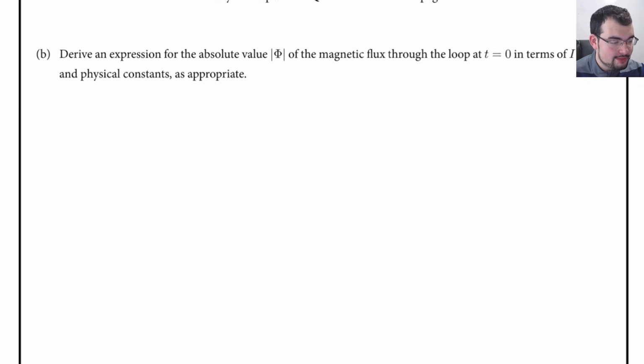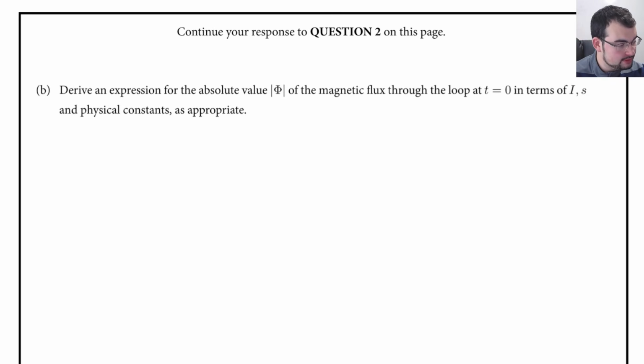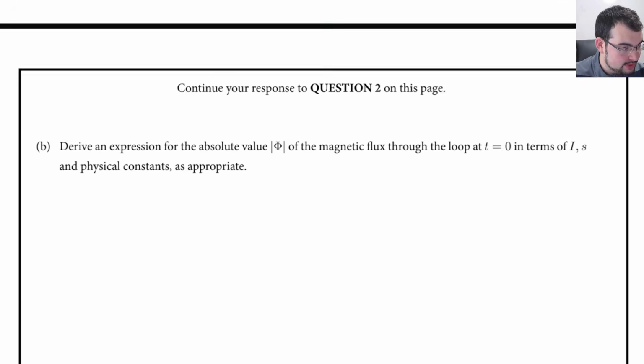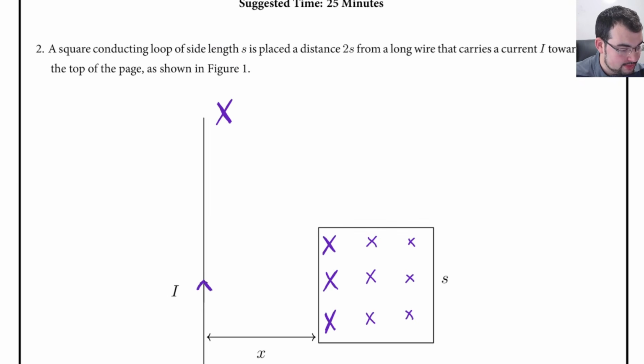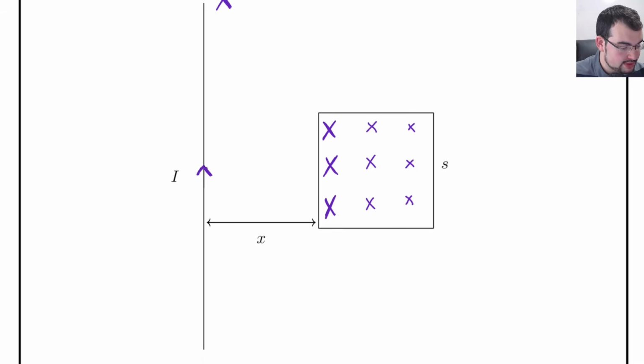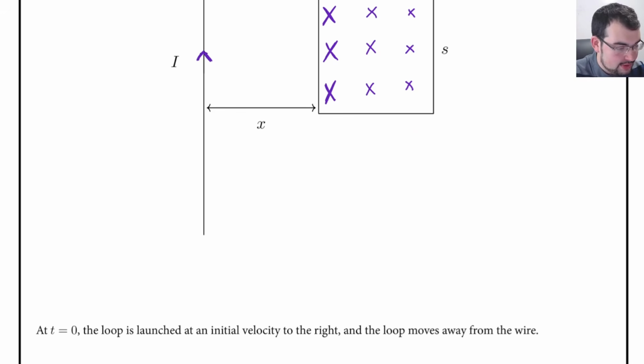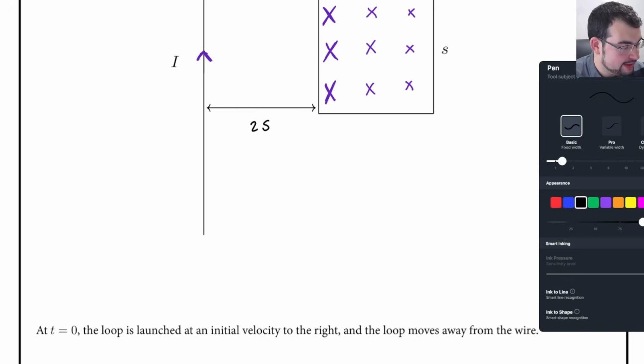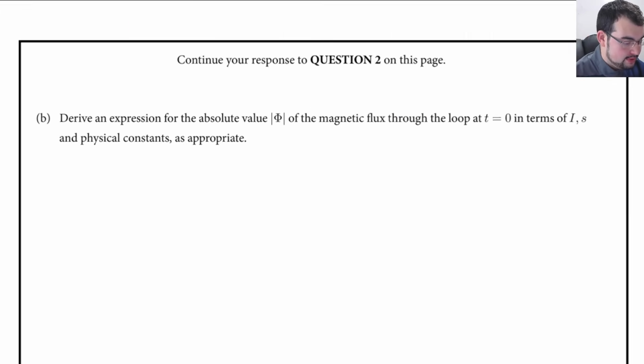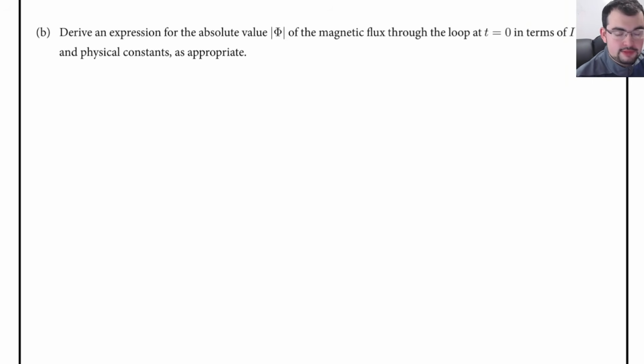Derive an expression for the absolute value phi of the magnetic flux through the loop. We're only allowed to use the current in the wire and the side length of the square. Oh, that can't be true. Oh, this is 2s. Okay, there we go. So what is flux? Well, magnetic flux, see, this is what I said. We don't have an oversight department here. It's just me. So our flux